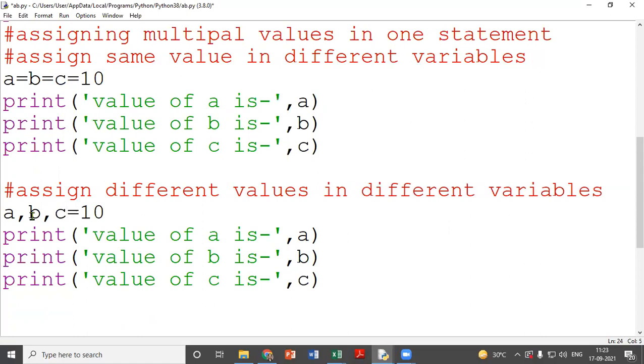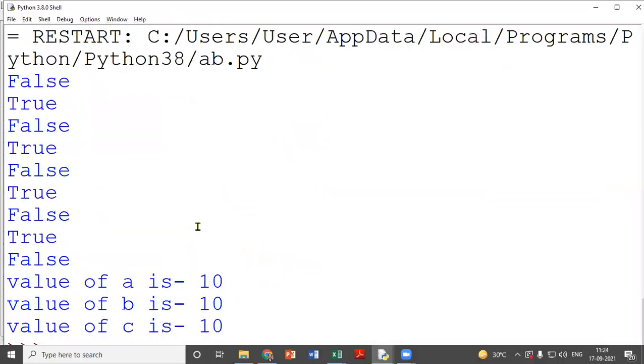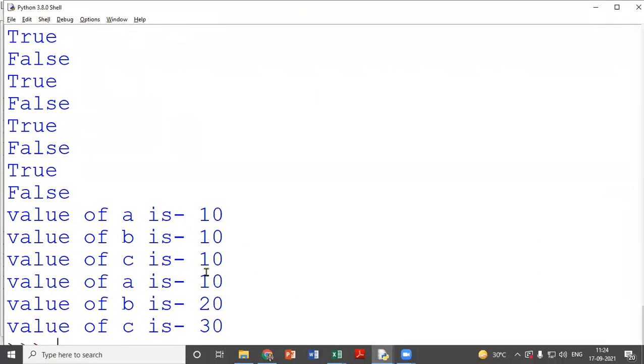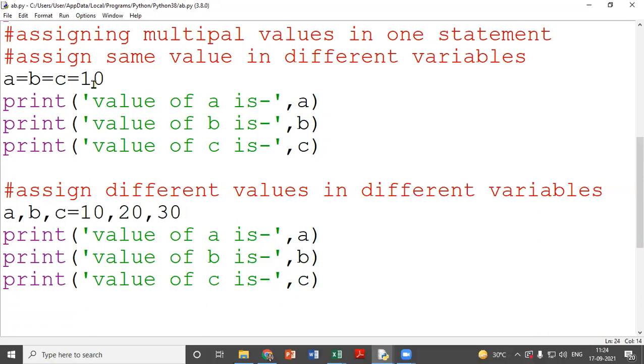A, B, C equal 10, 20, 30. Any variable, any value you can assign. Control S, F5. So here you can see that value of A is 10, value of B is 20, and value of C is 30. Understood? So you can do multiple assignments in one line. This thing is possible only in Python, no other language supports this.